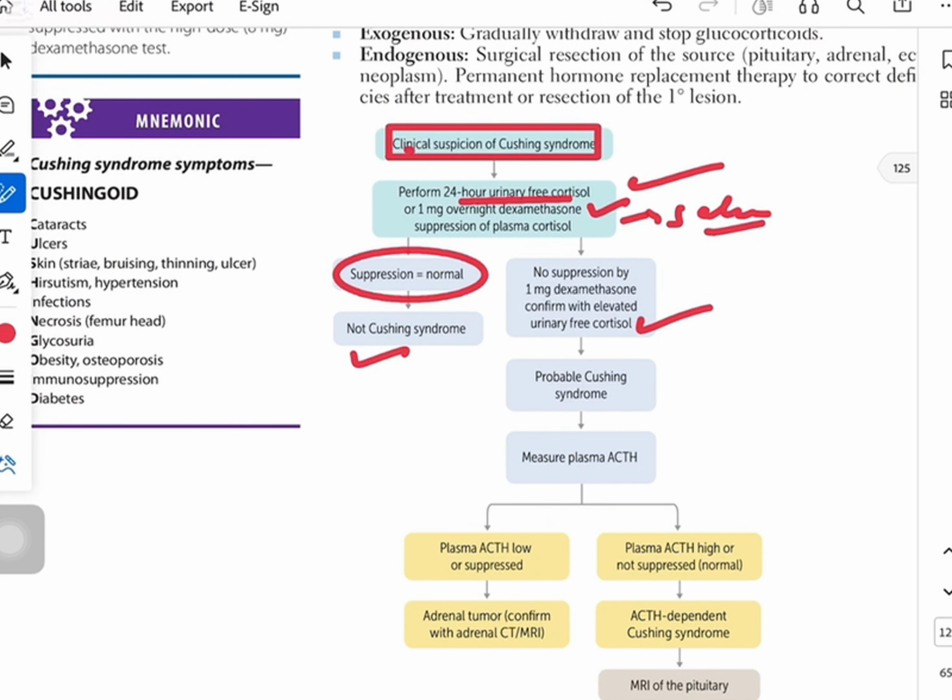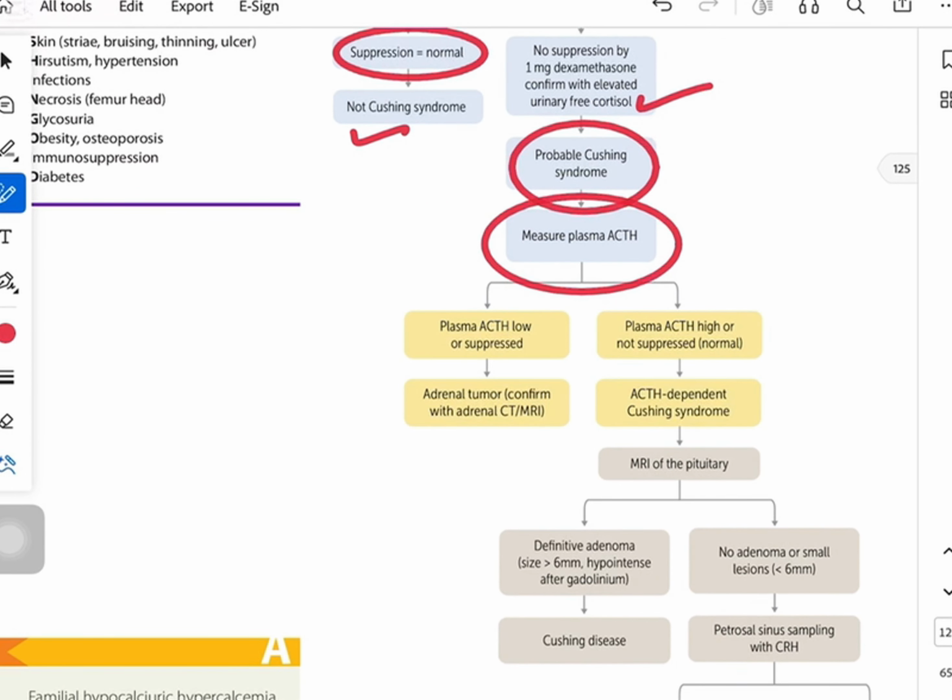We have given the 1 milligram, but the level of urinary free cortisol is not decreased, it's already elevated. We will say probably Cushing syndrome. Now what we have to do is measure the ACTH level. Why are we measuring the ACTH level? Because we want to differentiate whether the cause is ACTH dependent or ACTH independent